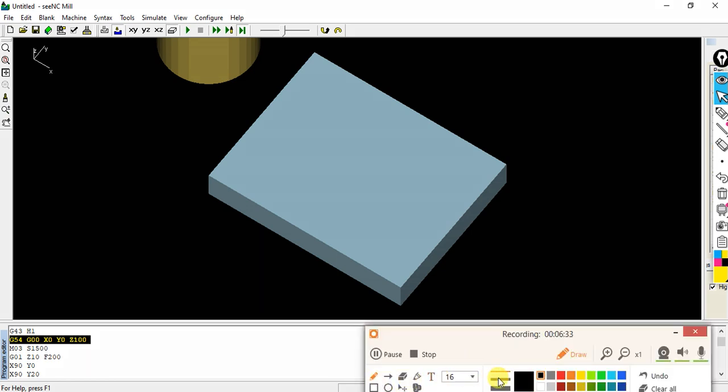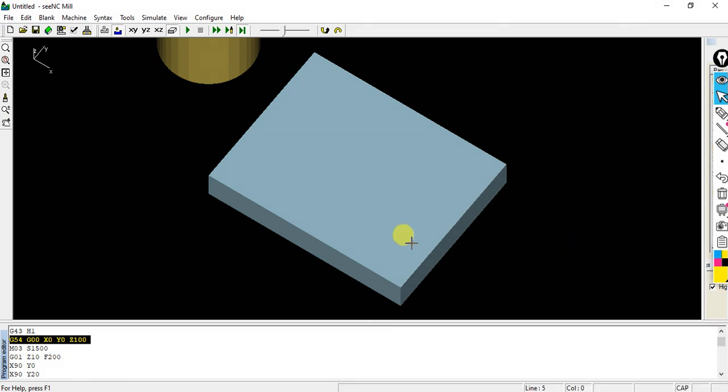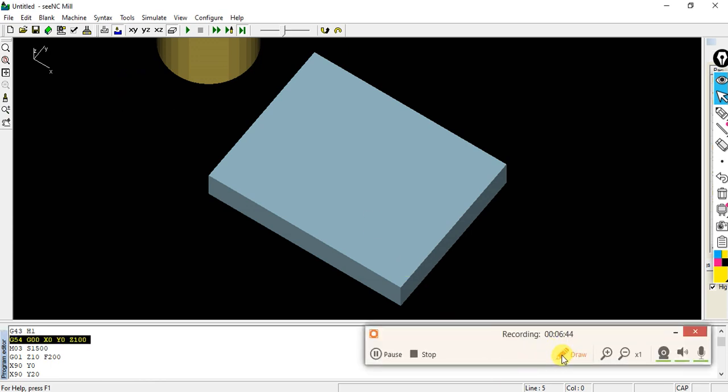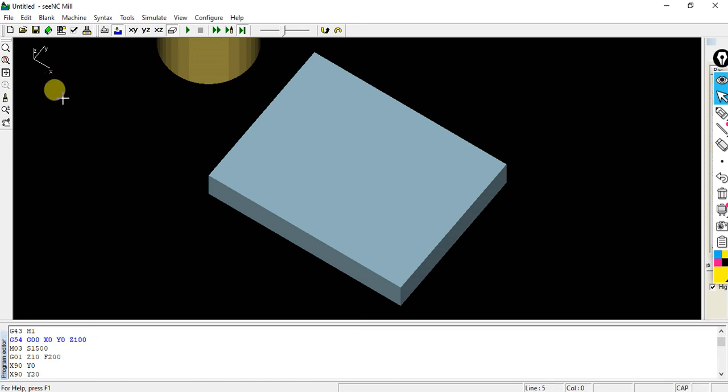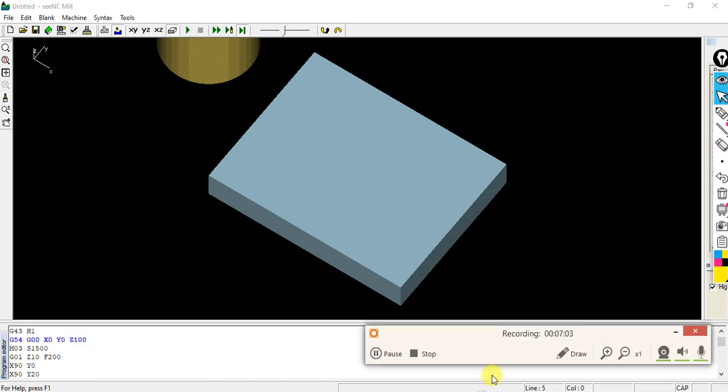This pencil will take the thickness here. Hope it is visible.